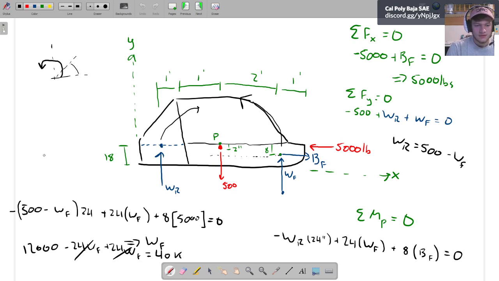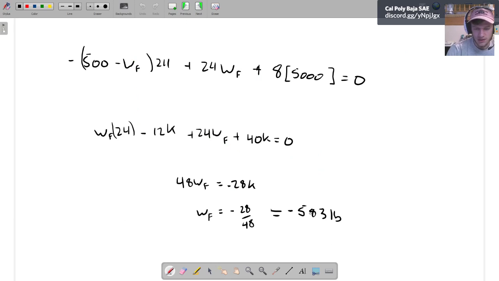So back to our next page. So this means that minus 500 plus force at the rear wheel minus 583 equals 0. You all know how to do math. Rear wheel force equals